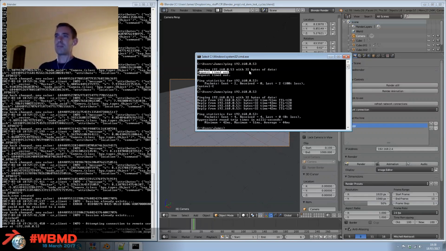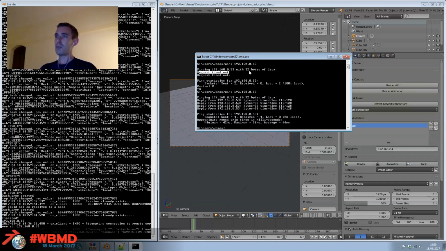So to recap, most of the issues that Crowdrender is going to have are pretty much around just being able to reach the other machine. And you can, like just demonstrating using the ping command, if you can ping it, with Crowdrender usually you can connect to it. The obvious things which sometimes we've got wrong is the fact that Blender isn't open and Crowdrender isn't enabled on the other machine. That's another one that sort of stung us before, which seems a bit funny, but that can also happen. You've got to have the other session open and listening,